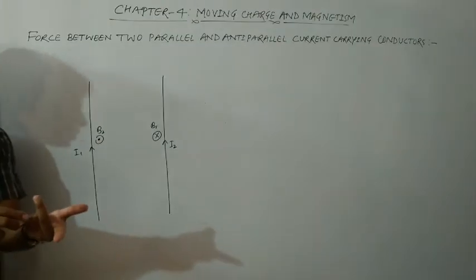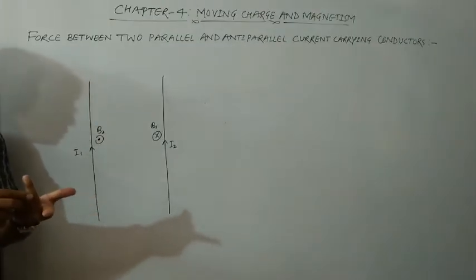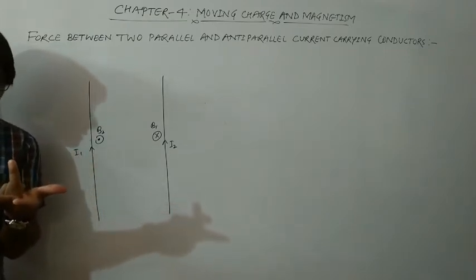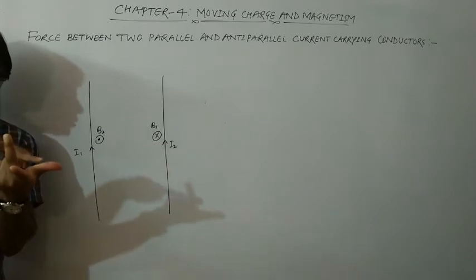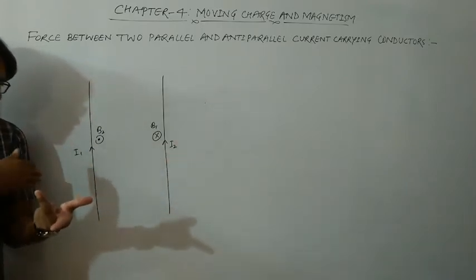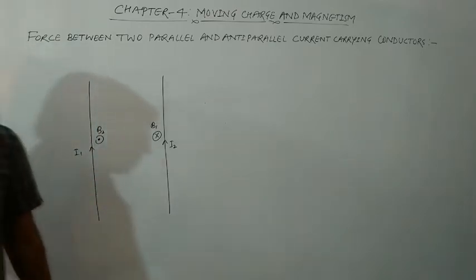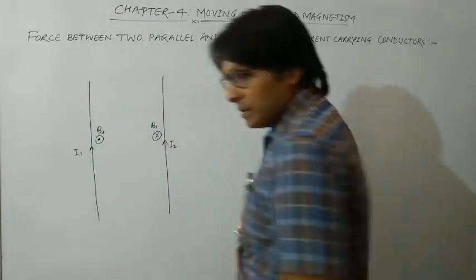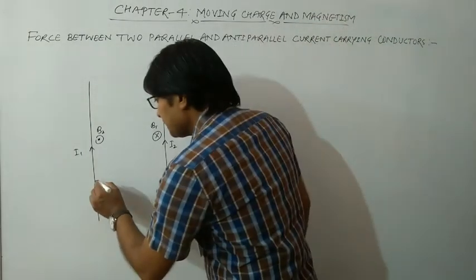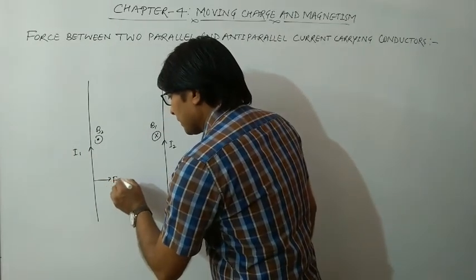Perpendicularly outward means in this direction, and I should be here. Okay, the direction of magnetic field is perpendicularly outward. The direction of current is upward direction. So the direction of the thumb is in this direction, which means the force will be exerted in this direction. Okay, so let us represent it by F1. Suppose this is the F1 vector.